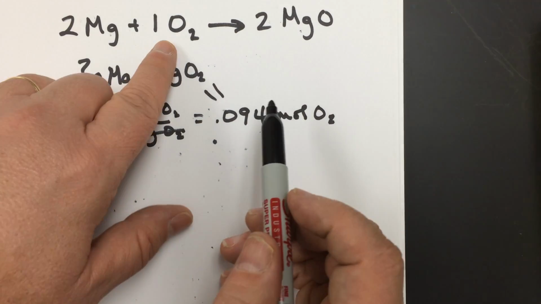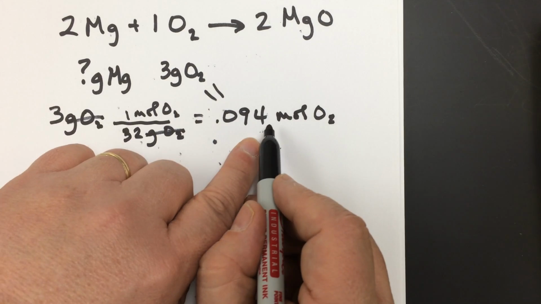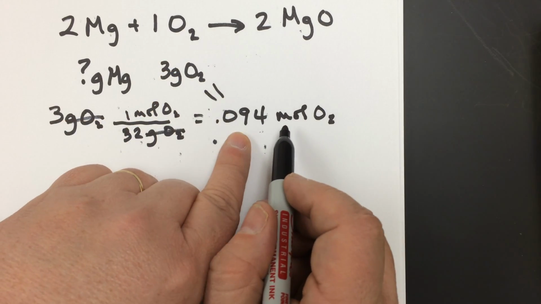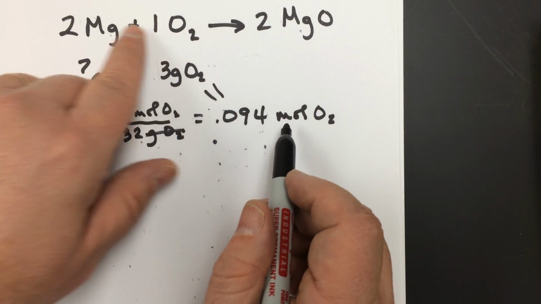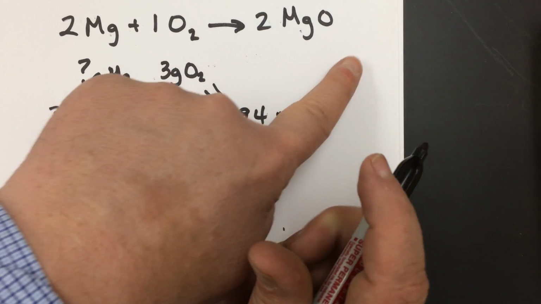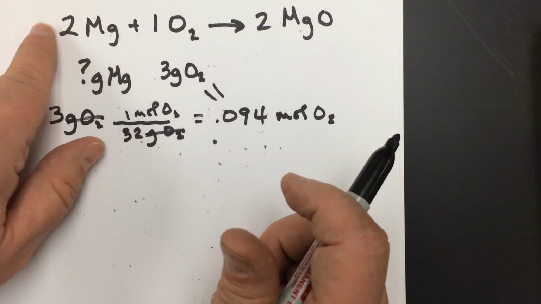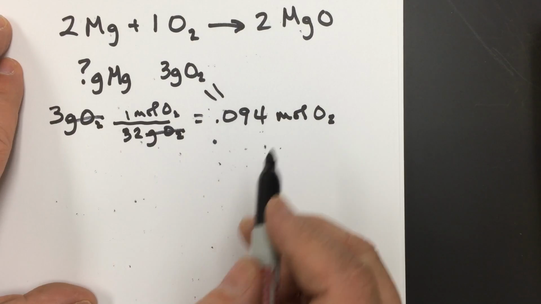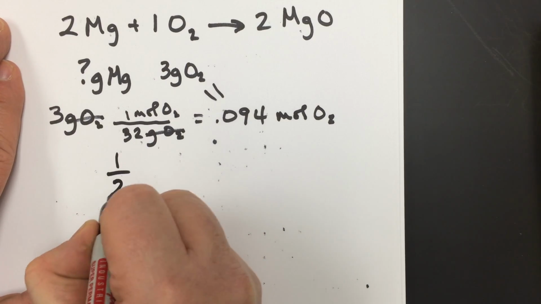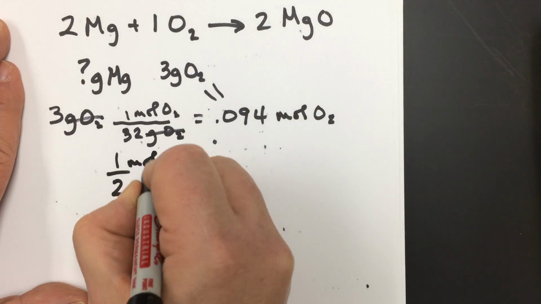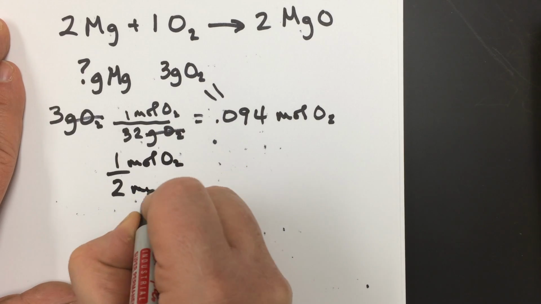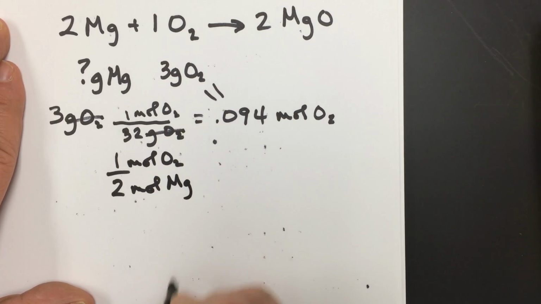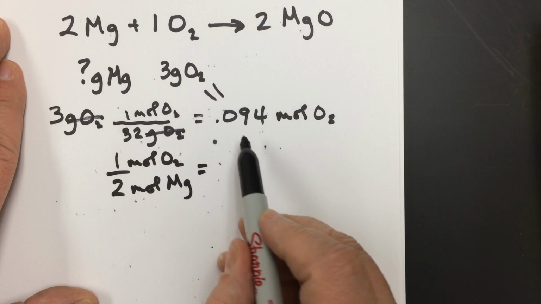So I started here with oxygen because that's what I was given. I was given 3 grams. We found out that's moles. So what's the relationship? I was asked for magnesium, so I'm ignoring this again, and it's 1 to 2. So I'm going to set up a 1 to 2 relationship. 1 to 2. So this is 1 mole of oxygen over 2 moles of magnesium equals,